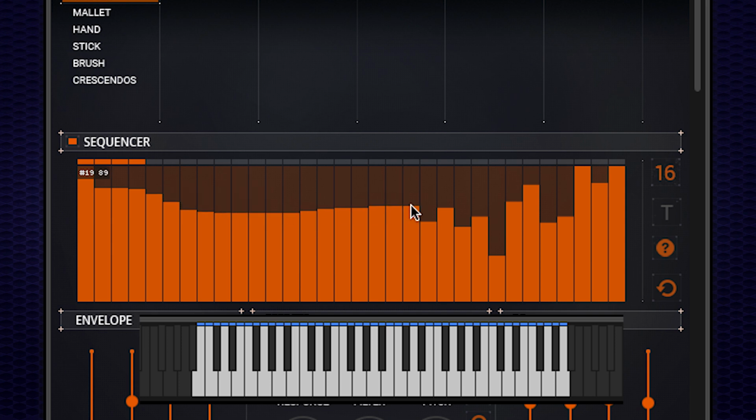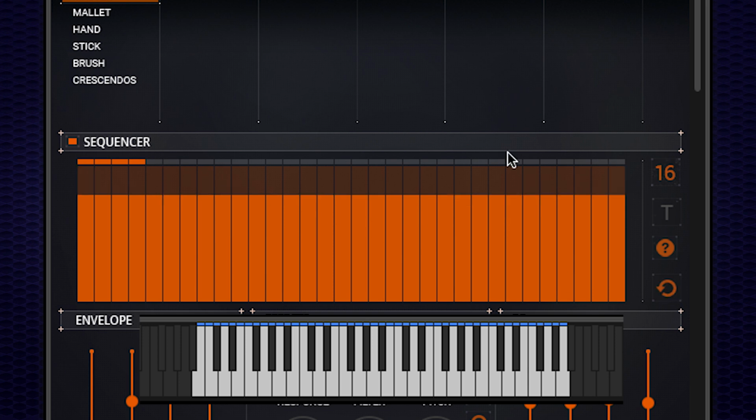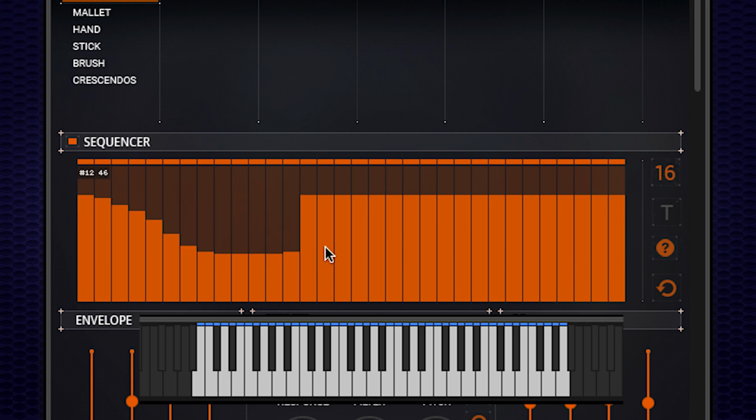One interesting thing here is we have a couple of things. If you want to start right from scratch, right from the beginning, then you can simply click this button and everything will be returned to the standard value of 100 up here. And so all velocities are the same. And again, you can paint something in if you want,